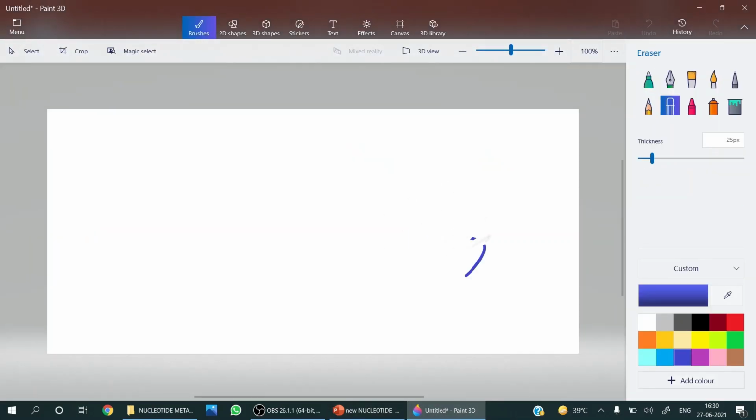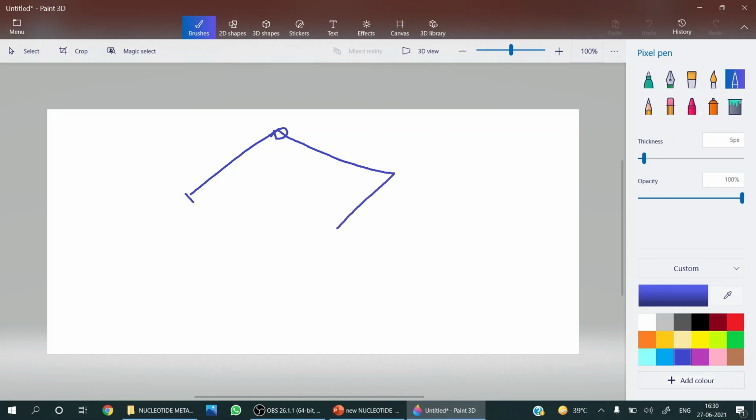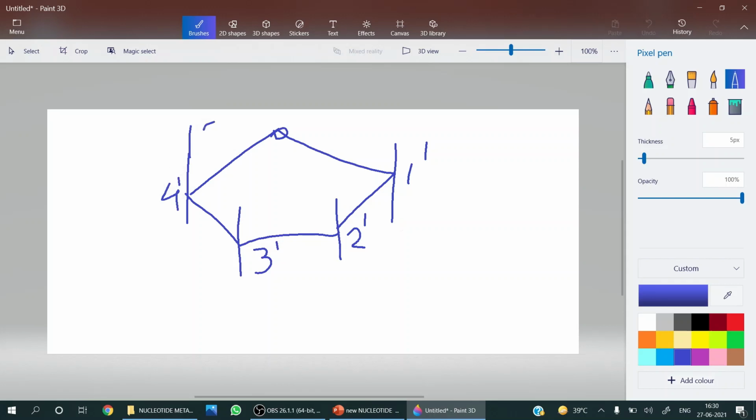I will tell you how the sugar is formed. This is the structure of sugar. There are two kinds of sugars. In RNA, it is a ribose sugar. In DNA, it is a deoxyribose sugar. Both are pentose sugars, 5-carbon sugars. So numbering is like this. There is prime designation in the case of sugar, 4 prime, and this is 5th prime, CH2OH.